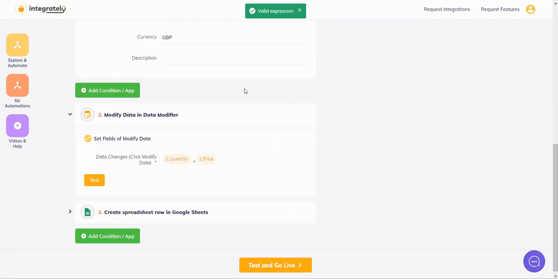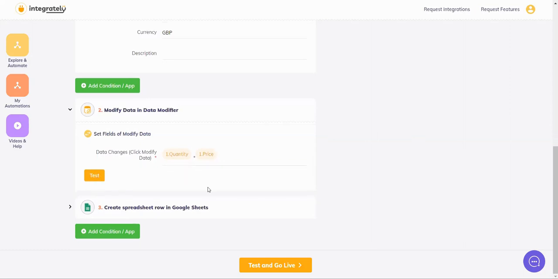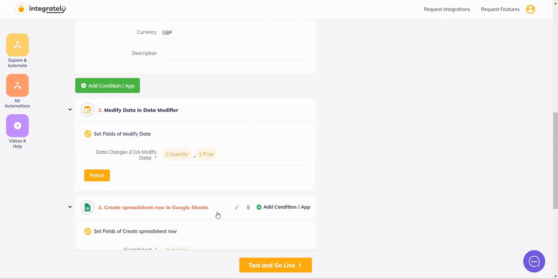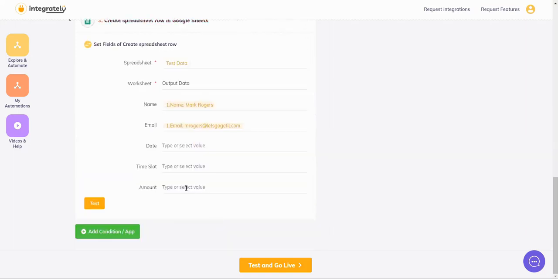Validate and save. Now, very important to remember is once you have fed this formula here, you need to test, because unless you run this test, it will not produce any output, and then you cannot use that output to apply your second modifier. So I will say test. It says test successful.